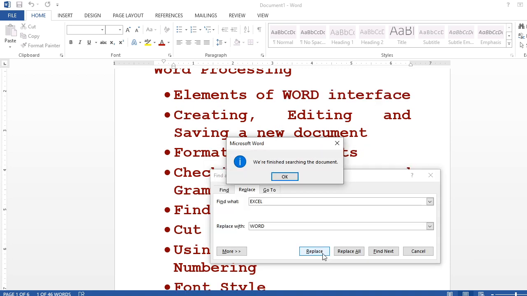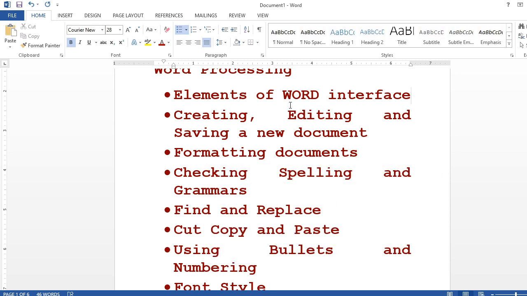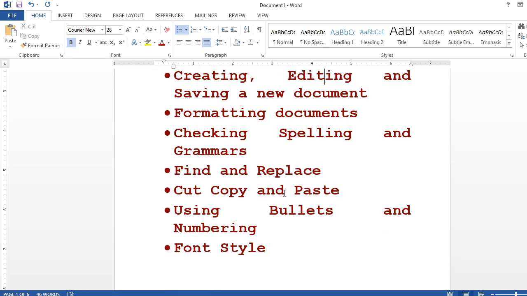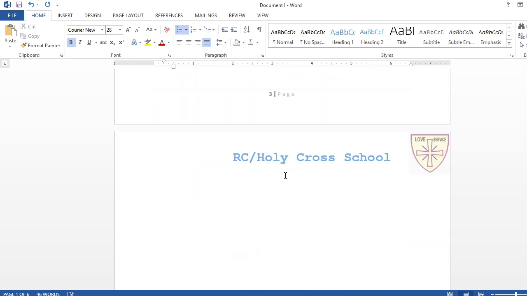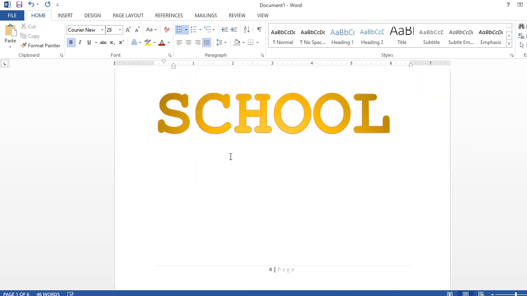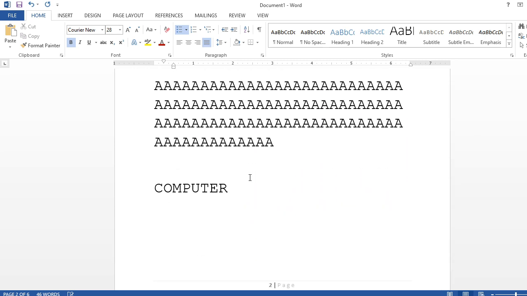Then I'm going to write replace, just check it out, this Excel has gone to replace by Word here. Like that you can find, you can replace. Let's suppose your document purposely is to be converted to R, then no need to edit, just simply find where is and where is R and replace it by R, right? Now if you want to write something in sequence, let's suppose you are writing in sequence means number 1, number 2, number 3, number 4, like that here.